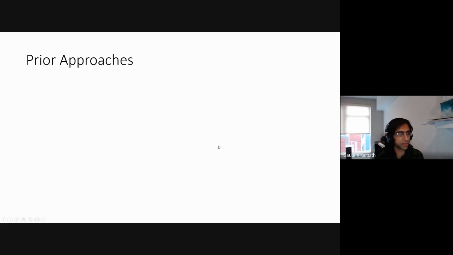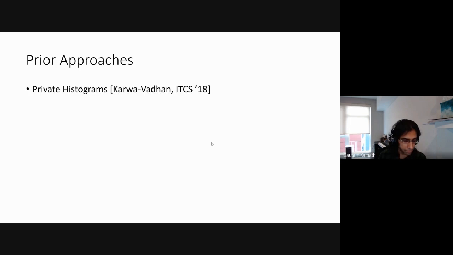So far, I've solved a pretty simple and silly problem, which is just one-dimensional mean estimation. We already knew this very well, so this isn't really the big takeaway from this talk. We had many other approaches which have been studied recently, including private histograms, which I'm sure many of you know, but they used it for mean estimation, Karwan Badan.